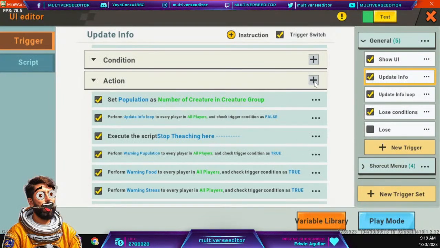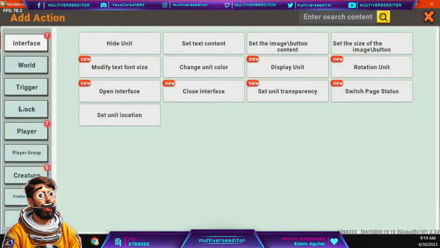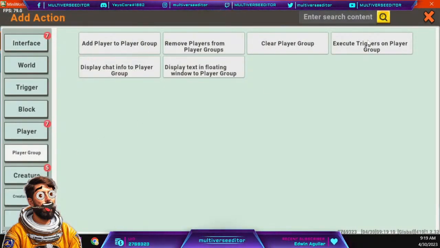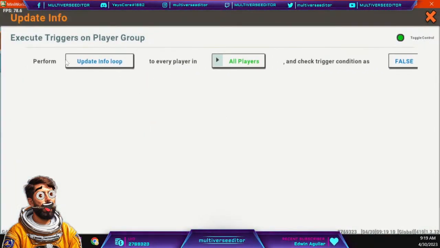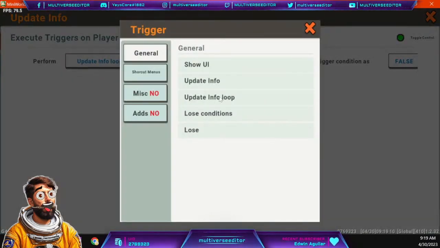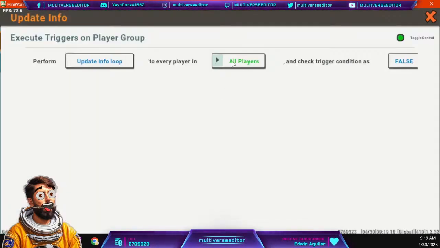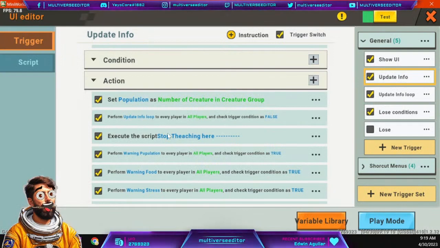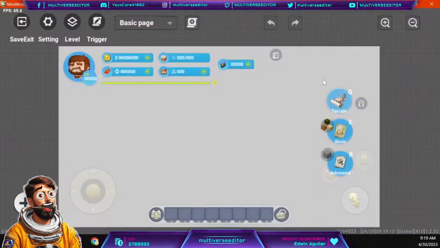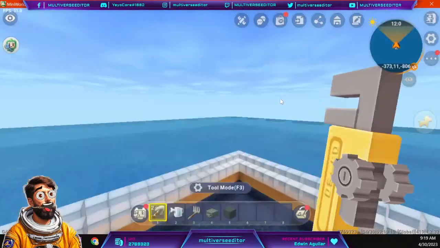Now we're going to add a different thing. We're going to click on here and go to player group, and we're going to execute a player trigger for a group. So on the upper group, we're going to perform the trigger we created before, the one that says update info loop, to function player group all the players, and check if the condition is false. Okay, now if you test and everything is working fine,